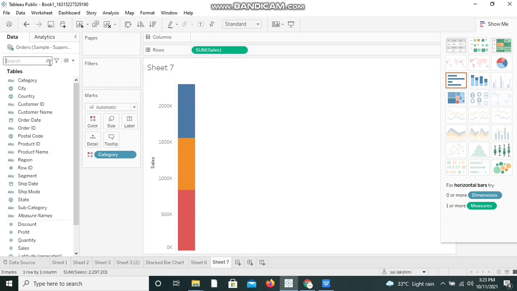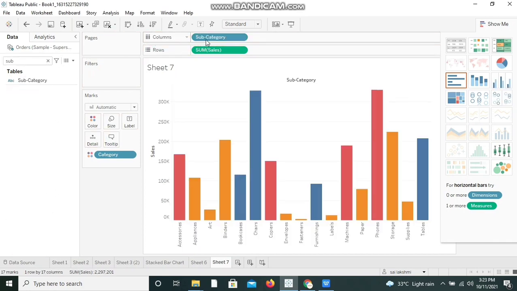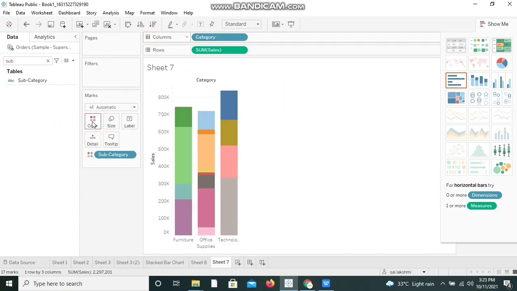If you want to compare multiple dimensions, you can take one more dimension and bring it to the column shelf. This way also we can create by bringing the category here and dropping the subcategory to color, because category is the main dimension under which we can display subcategories. So it should be displayed in the column shelf, and the supporting dimension should be in the color, so that we can compare the whole data of category against each and every subcategory. This way we can compare different values or different categories under whole data.